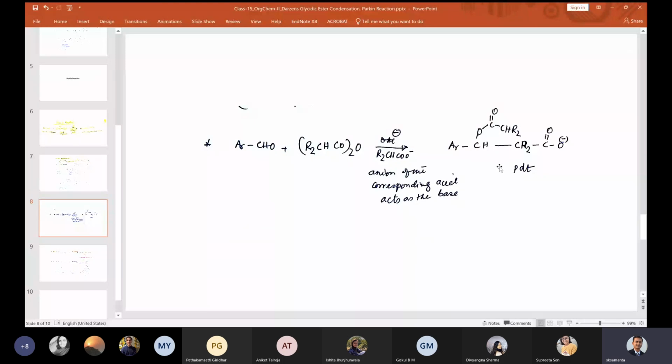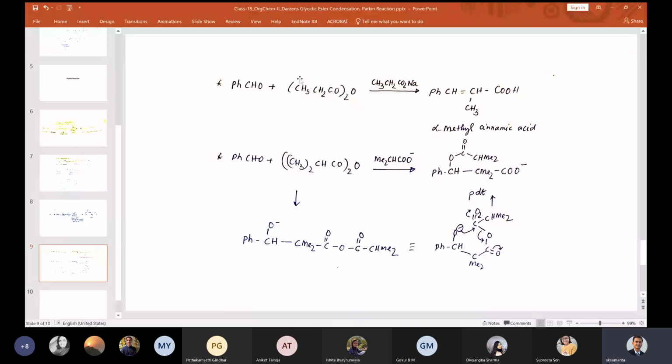There are a few more examples. If you take this compound where you still have two protons, in this case it leads to alpha methyl cinnamic acid because you have two protons here. Then you will have one proton left here for the elimination of the acyl group, the alpha acyl group that comes here. Got it? As homework, you must do the mechanism of this reaction.